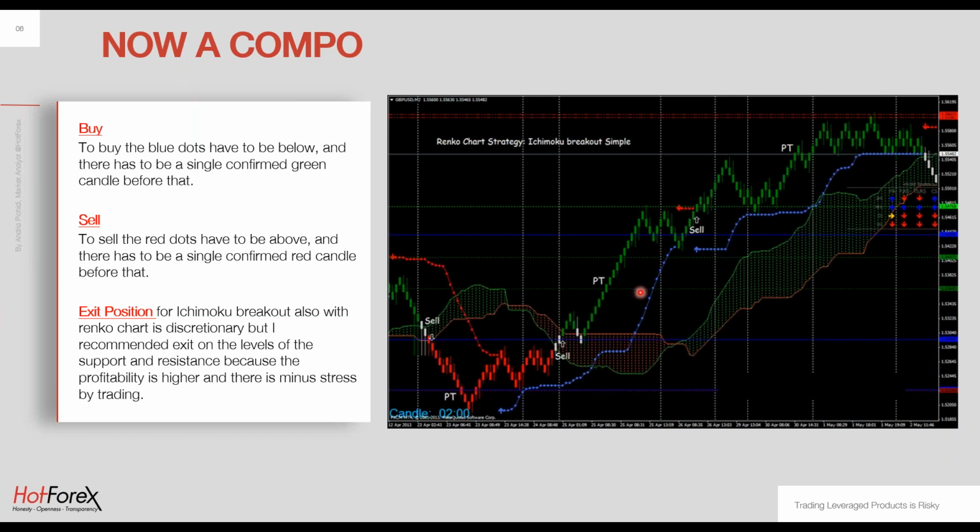However, if in this bullish trend eventually we have seen a red brick, then that could be an exit level. So if you combine Ichimoku with Renko, you need to have in mind that a buying signal